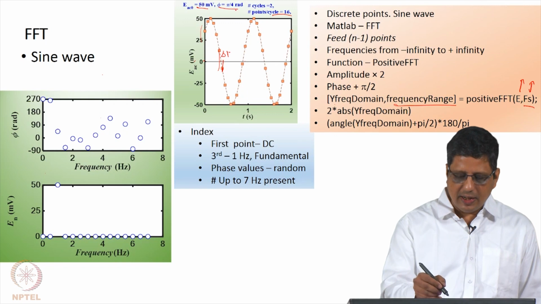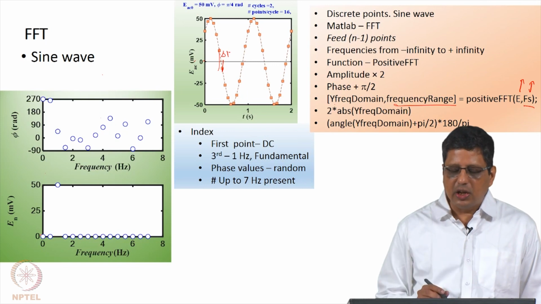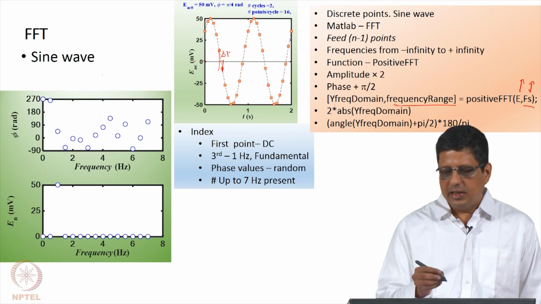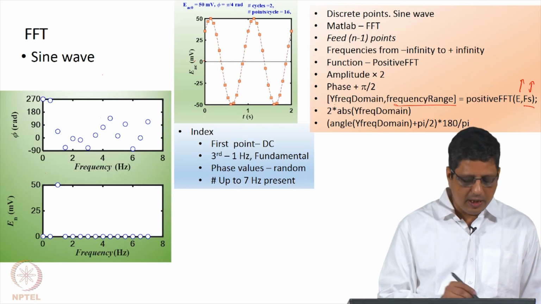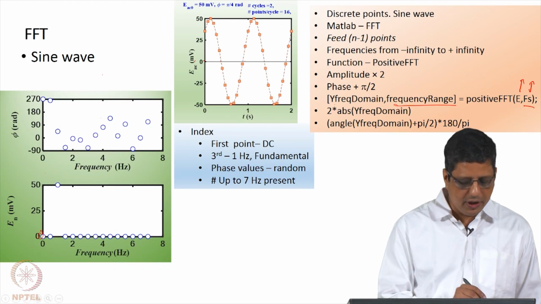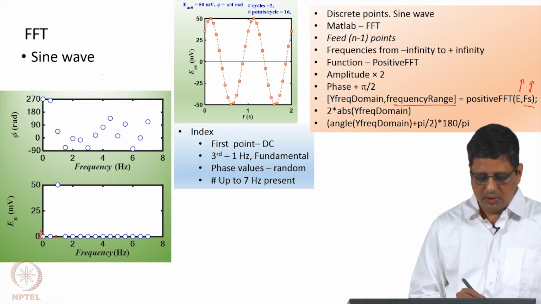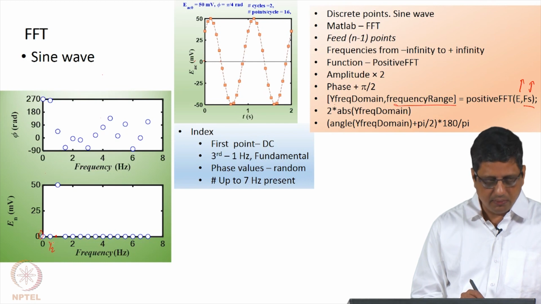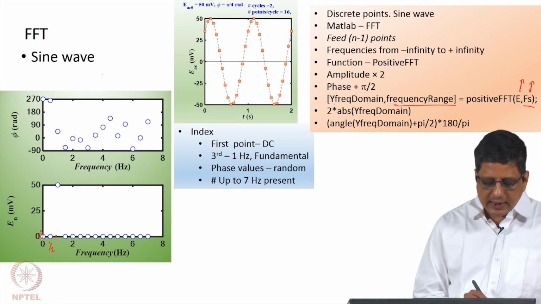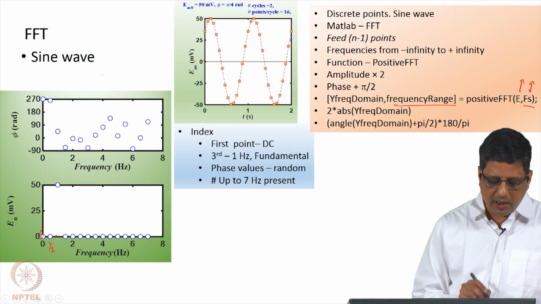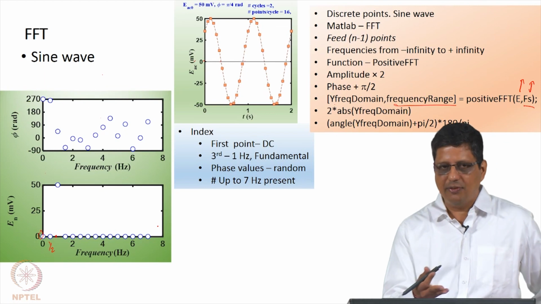In this case, because we are giving a pure sine wave, we do not expect to see any constant value. All that we need to get out of that is to say it is a sin omega t with a phase of pi by 4, that is all we need to get. Pi by 4 is 45 degrees. So, notice the following. The first point is the DC and that is 0, magnitude is 0. The second point is not showing anything. The third point is at 1 hertz. This is 0 magnitude, this is half hertz, this is 1, 1.5, 2 and so on. So, what it says is the magnitude is 50 millivolts at 1 hertz and everywhere else it is 0, and that is what we expect, we are giving a pure sine wave.